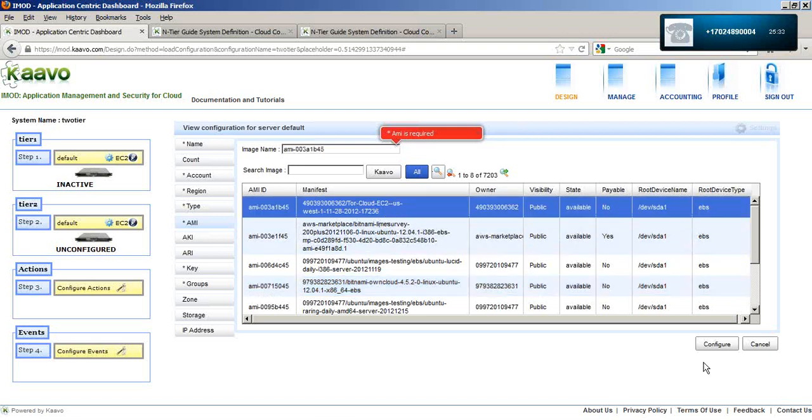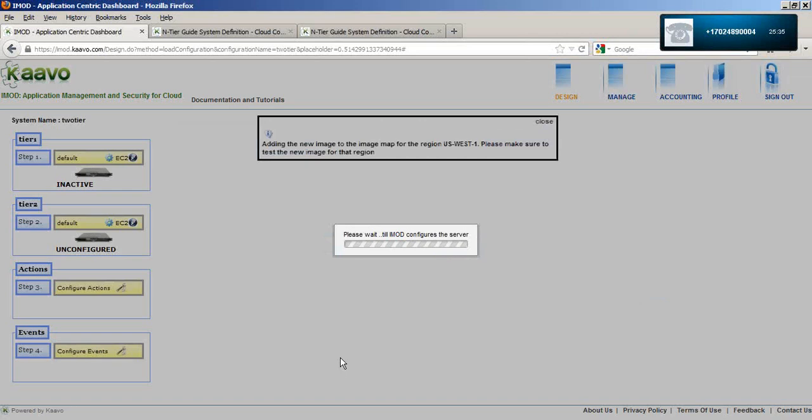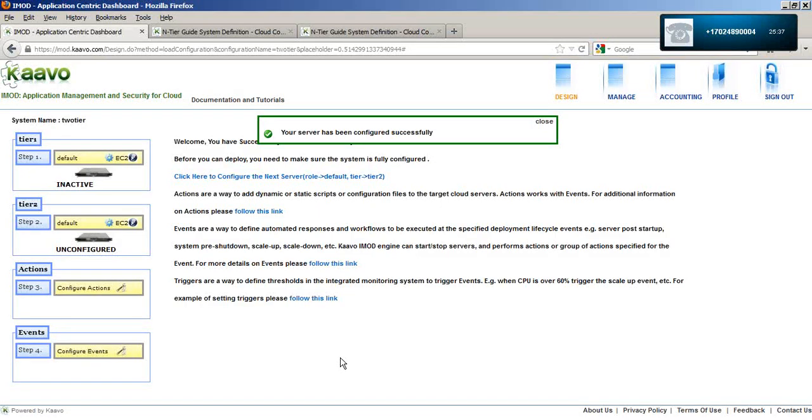Let me take this image and configure. Now I must remember which image was for which region.